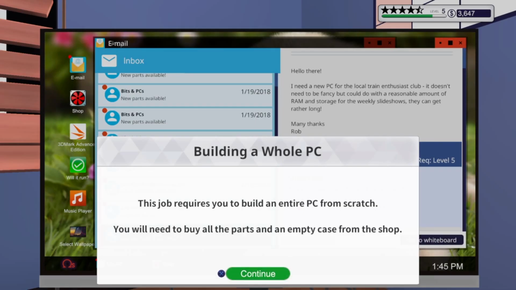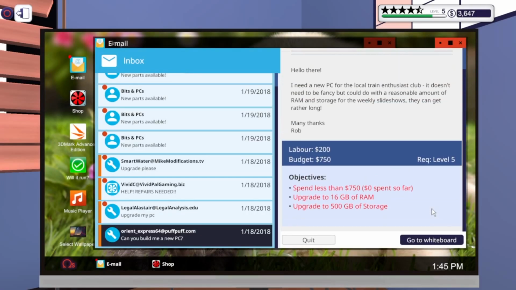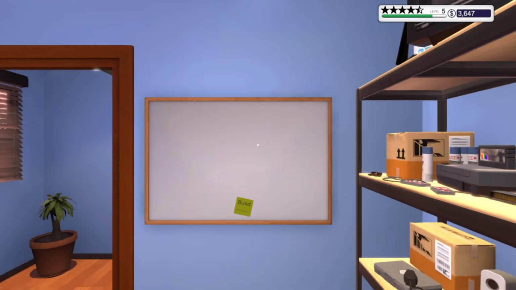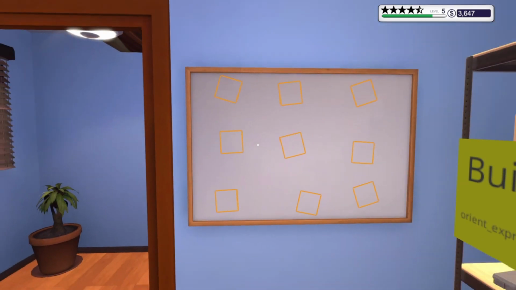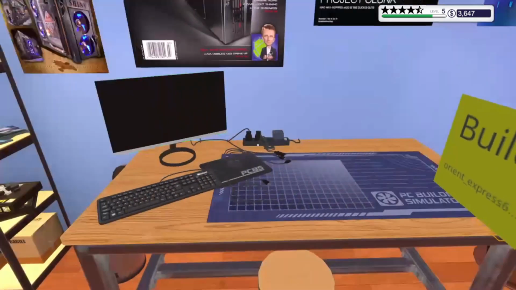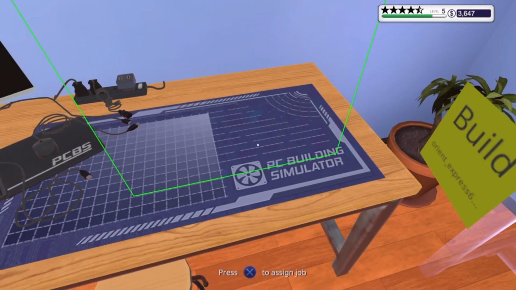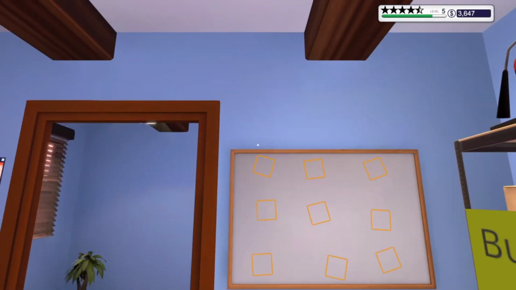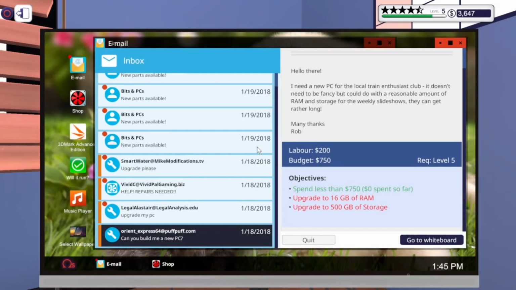How much RAM does he have right now? This job requires you to build an entire PC from scratch. You need to buy all the parts for an empty case. Okay, so this is new for us, guys. So we're gonna go ahead and put this up here. Okay, cool. That's cool. So I can't spend more than $750 on a PC,